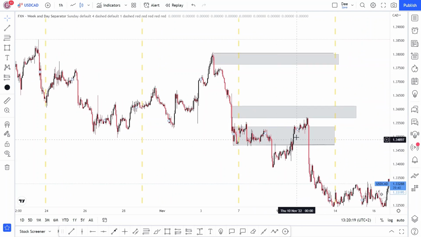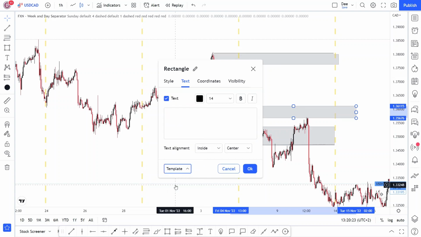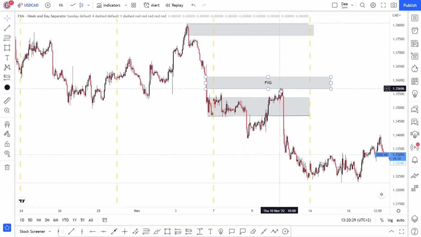So the market comes, grabs the liquidity in terms of the fair value gap, and then continues to the downside. All right, fair value gap and then continue to the downside to grab the liquidity below this old low. Okay,